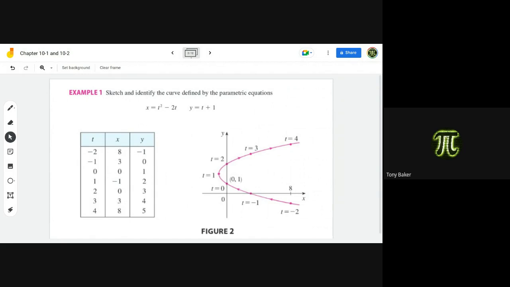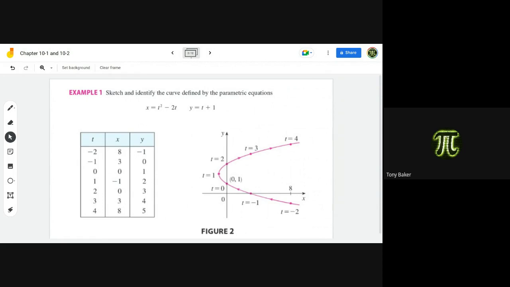So we have t is -2. If you plug that into the x, we get 8, and if you plug it into the y, you get -1. When I'm graphing it, I'm not graphing the -2. I'm graphing 8, -1. So that's that point right there. And then we do that same thing going down, -1, 0, 1, 2, and we get